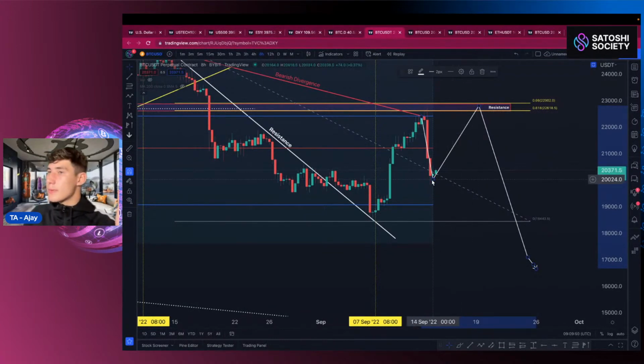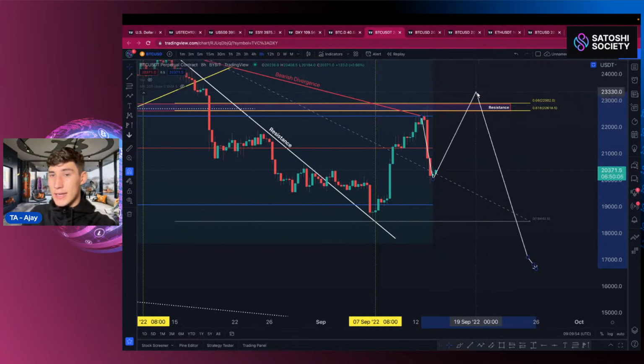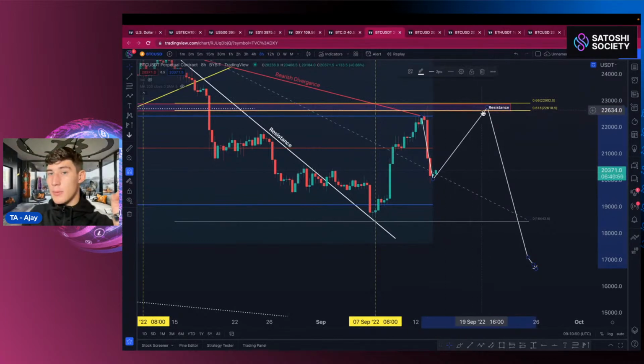I will keep you updated with this, of course. And again, invalidation is if we get a candle break above this resistance level here, this golden pocket here. But if we do come up here, I'm going to have my short orders at 22,600,